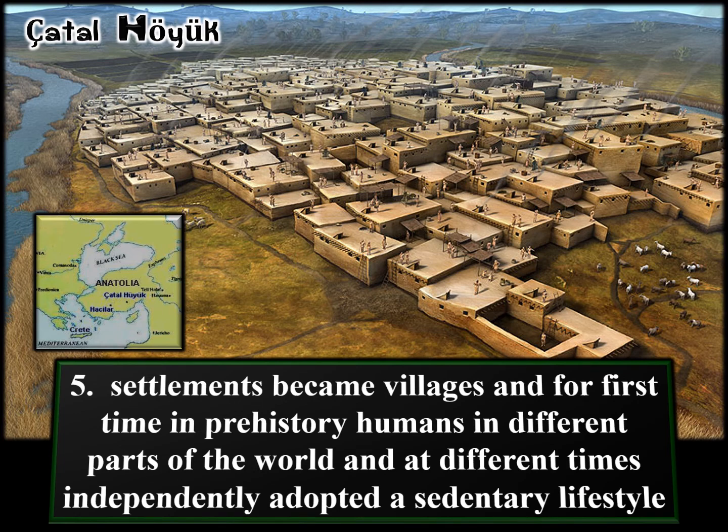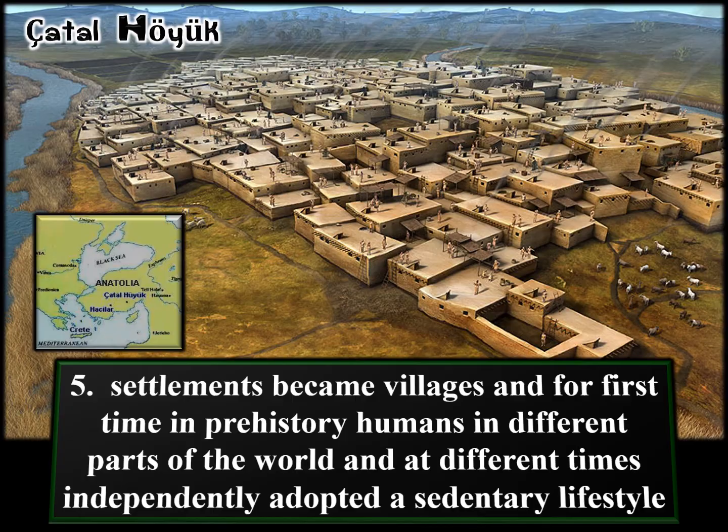Settlements like this one here at Catalhoyuk became villages, and for the first time in prehistory, humans in different parts of the world and at different times independently adopted a sedentary lifestyle, meaning that they settled down because they were controlling their own food source through agriculture and through domesticating animals.